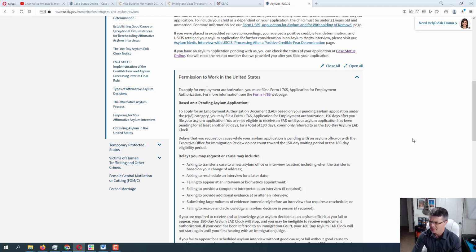Basically, the way the website explains, after 150 days from filing your asylum application, you can submit the application for the employment authorization document. However, it cannot be issued until a total of 180 days. So basically, you're allowing 30 days for the processing of that application for employment authorization.